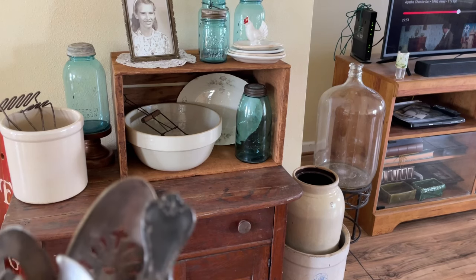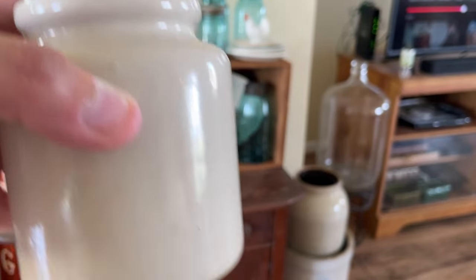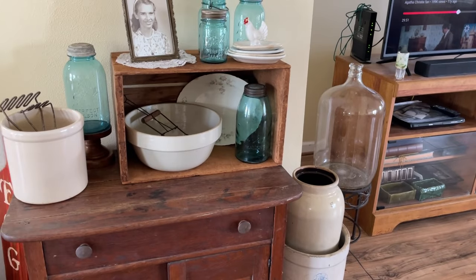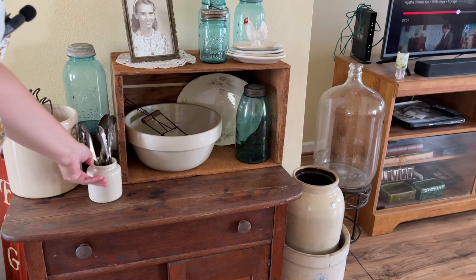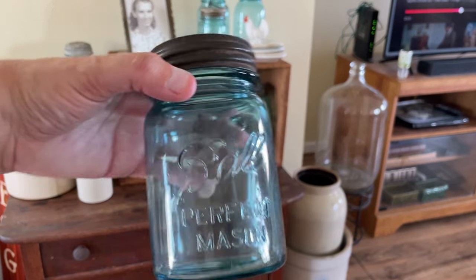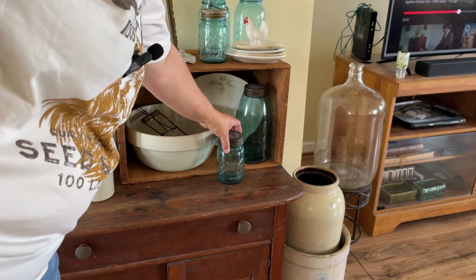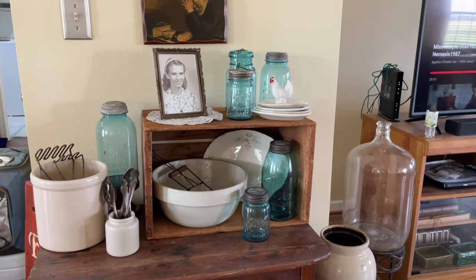Some of my favorite serving spoons though, as you can see. Sorry, you can't see. And that little bitty crock. So we're going to put it here. And we've got another pint-size blue ball jar. I think it's going to go down here somewhere. If I am not mistaken, that's how we have it. So, as you can see,